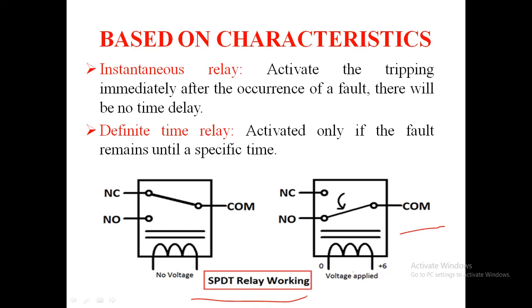When I am comparing the static and electromagnetic relay, the electromagnetic relay uses moving parts, meaning armature, disc, etc. These are robust and highly reliable. So this is subjected to the differential force under fault conditions, and it is required to set small contact gaps, special bearing arrangements, clutch assemblies, etc. So there are a lot of manufacturing difficulties and problems related to the mechanical stability associated with the electromagnetic relay.